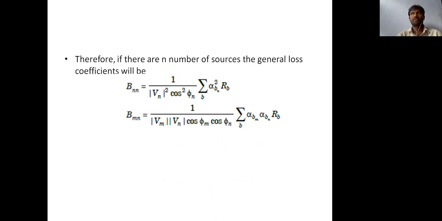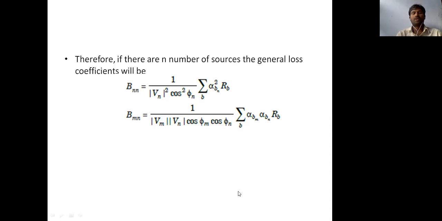Using those methods to represent total losses, the losses of the transmission lines are determined using the coefficients. Here the unit of the loss coefficient is megawatt inverse. B11, B12 and B22 are generally calculated for determining the total losses of the given network for economic operation. Okay, this topic is economic operation.